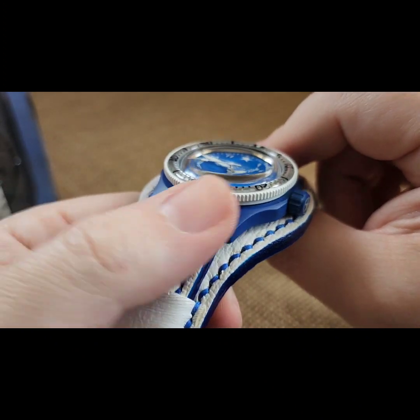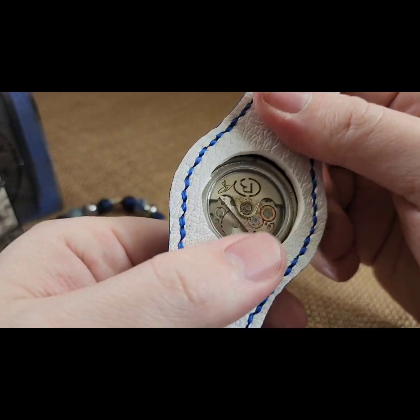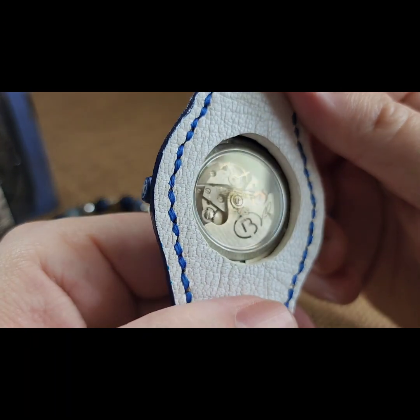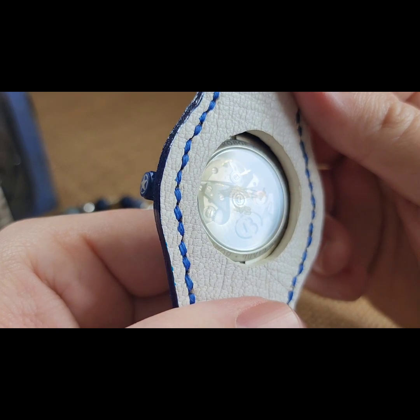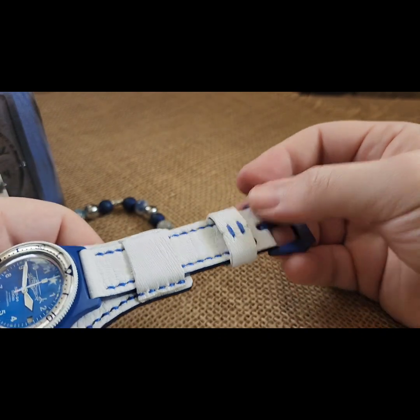Cullen has one, and nobody else has a blue. Also, you have a large window exhibition caseback, and you can see the chopper lasered in. It's the same chopper that's on the front, and 2 of 5 back here. And then a little BVW here on the crown. Blue Cerakoted